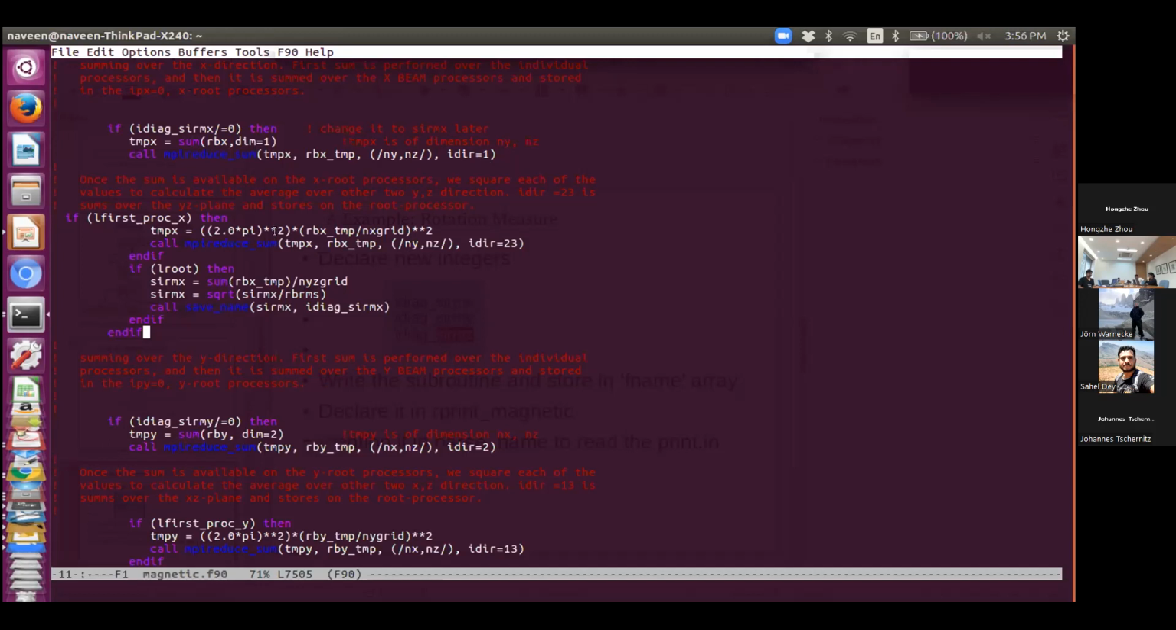This RBX temp now contains all the summed values across all the X processors. Then I use this here. I again replace it here, rewriting the temp because I don't want to use the extra space. Then once I do the sum, all the summed values are in this. Now this is on the root processor, so then I write it in this value, like